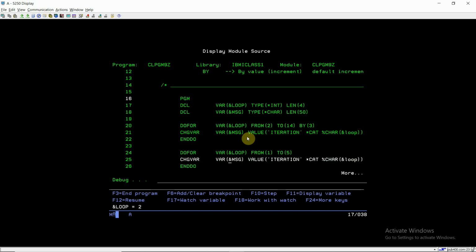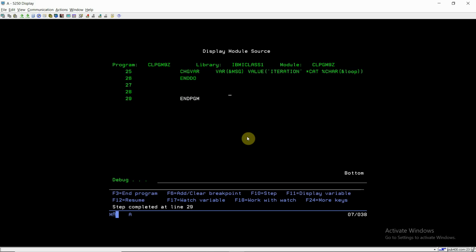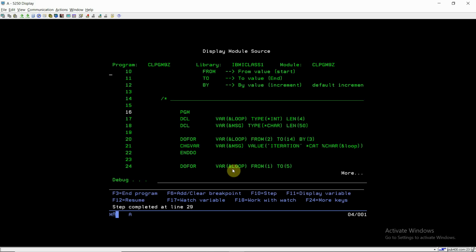Now the loop value is 2, message is iteration 2. Again the loop value is 3, the message iteration 3. Then iteration 4, the loop value is 5, then message is iteration 5. Once the loop value reaches 5, this got executed once again, the loop value becomes 6. So the condition is false, you can say.